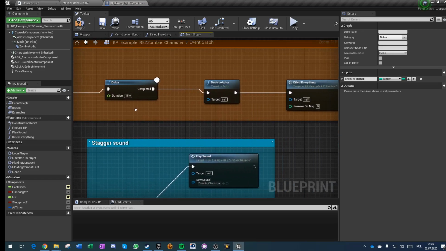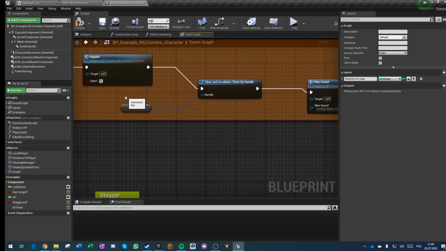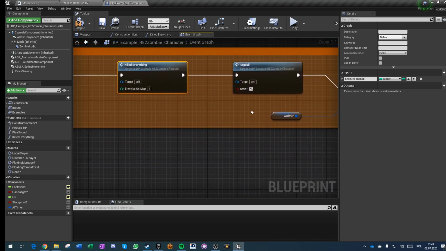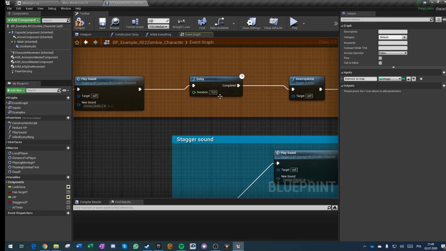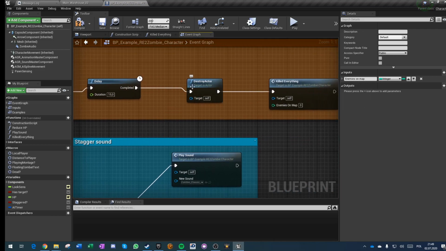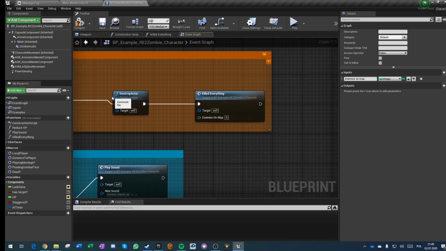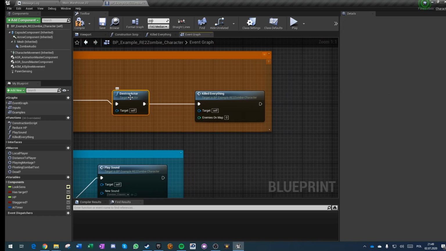However, if, for example, there was a second zombie that was on the ground, dead, but this delay 15 didn't hit the mark yet and it wasn't destroyed, and there are actually 2 zombies on the map and both of them are dead. In this case, when the actor is being destroyed, before it's getting destroyed, it's doing this killed everything